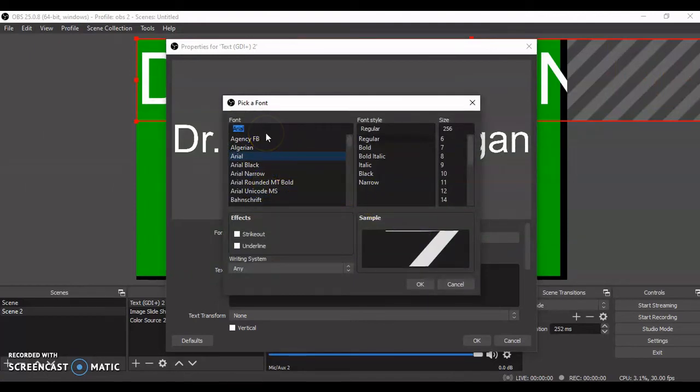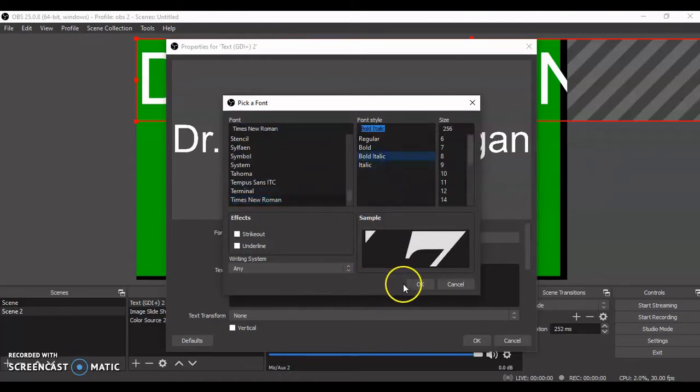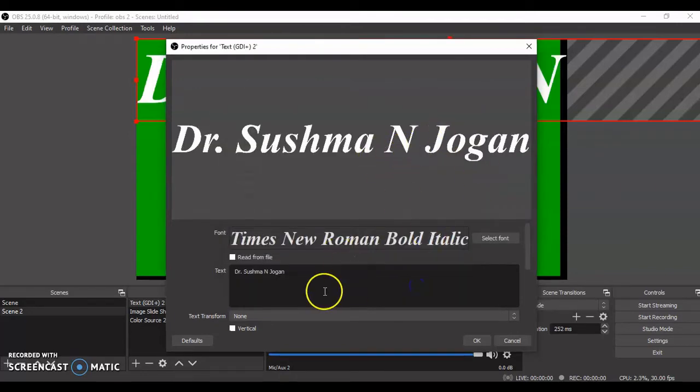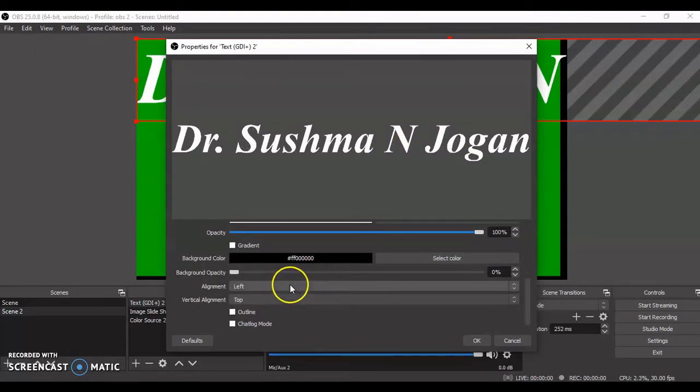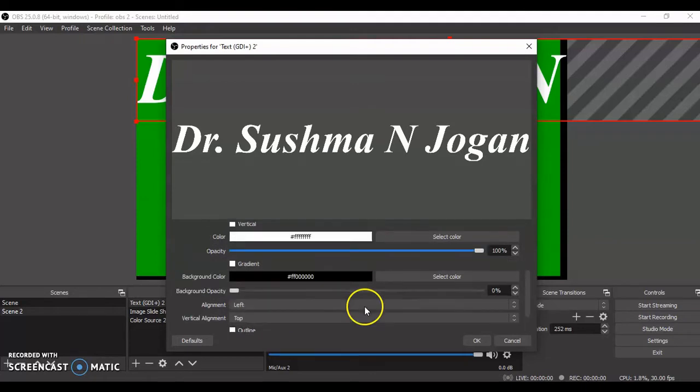You can change the font size as well. Let me select Times New Roman with bold italic. If I say OK here, you can also see the alignment and opacity. You can decrease that.